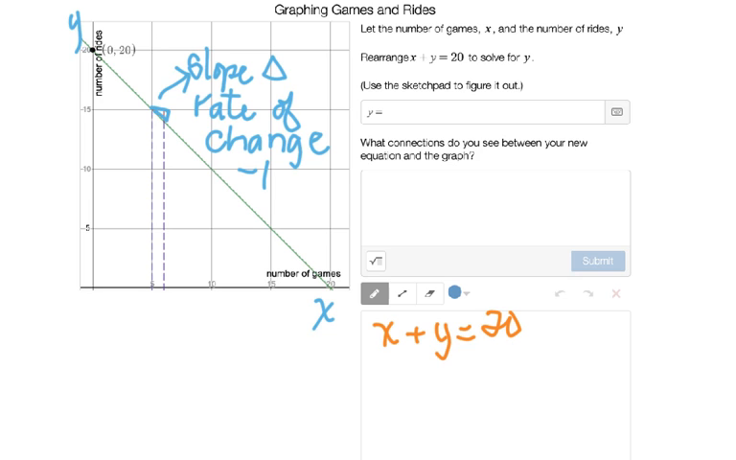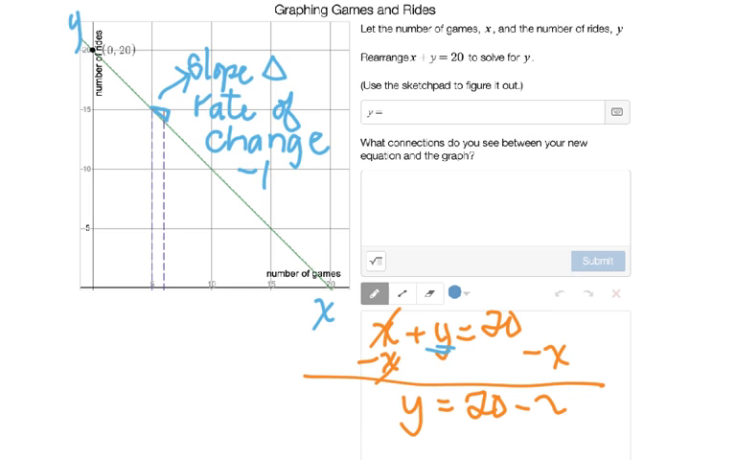I'm going to get Y to stand all by itself on the left-hand side. So I'm going to subtract X from both sides. And when I subtract X from both sides, I get Y is equal to 20 minus X. All right, so I'm going to write it 20 minus X. All right, so we solve for Y, and then it says, what connections do you see between your